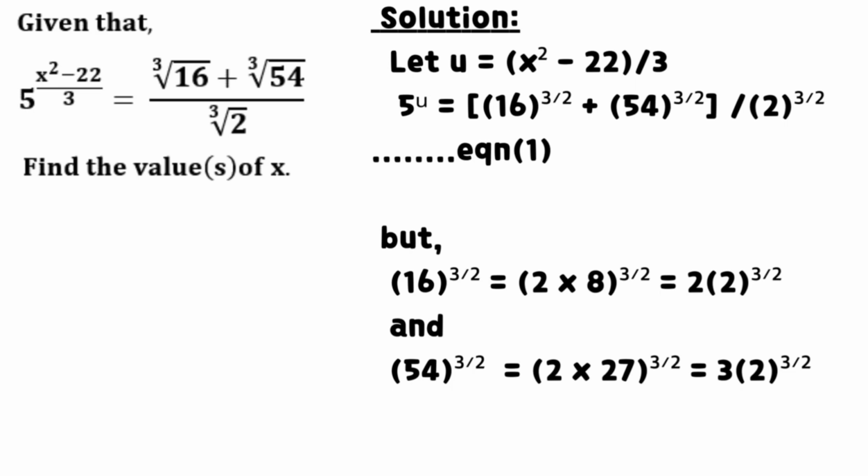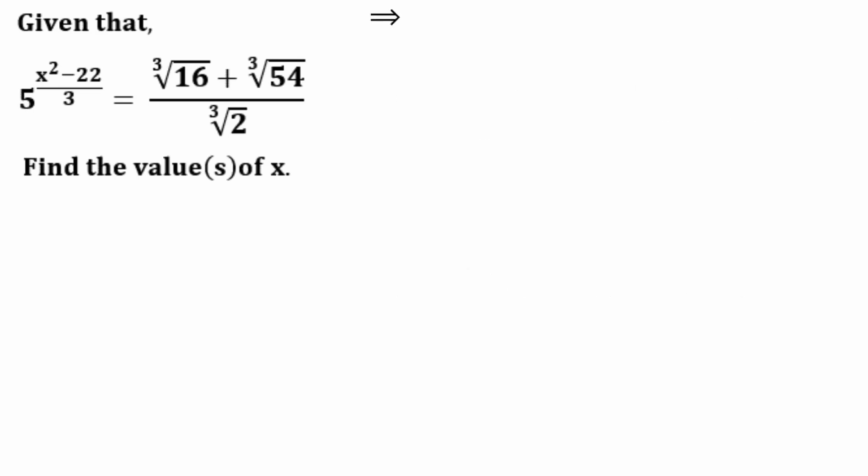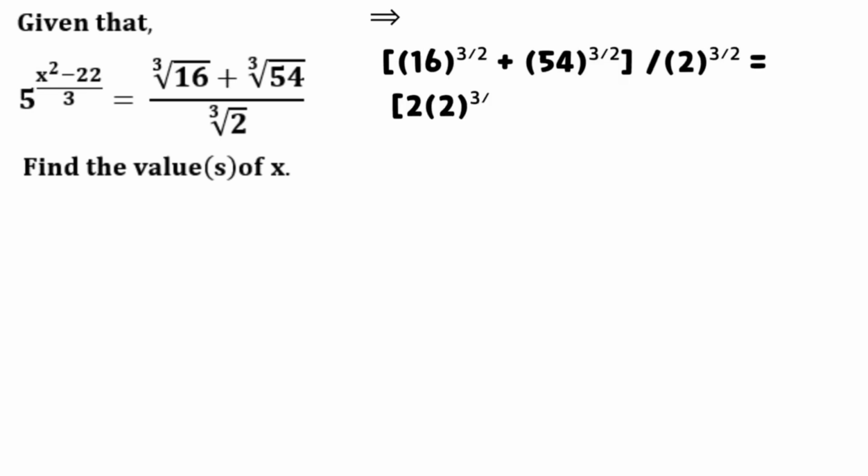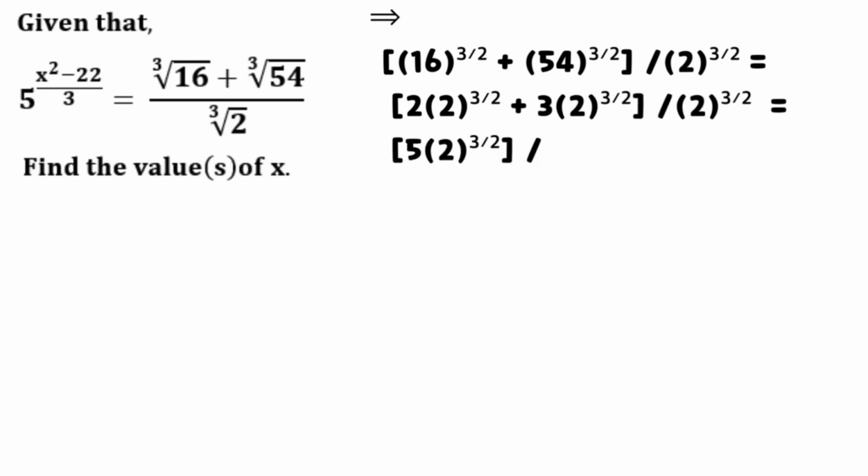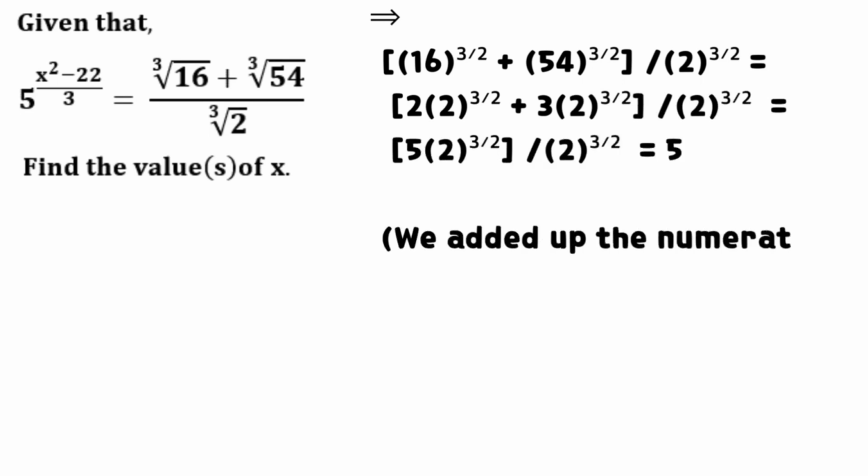But the square root of cube of 16 equals the product of 2 and the square root of cube of 2 and also the square root of cube of 54 equals the product of 3 and the square root of cube of 2. Substitute the simplified forms into equation 1 and simplify further to get that the sum of the square root of